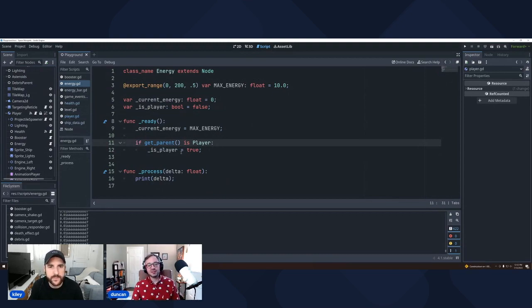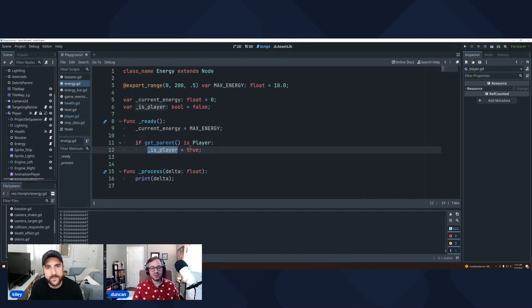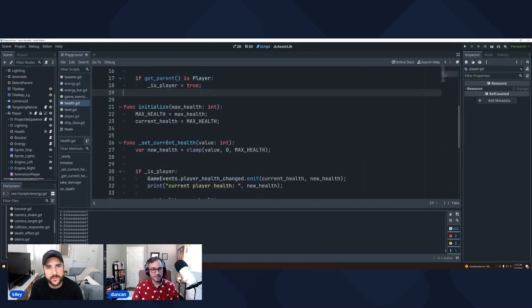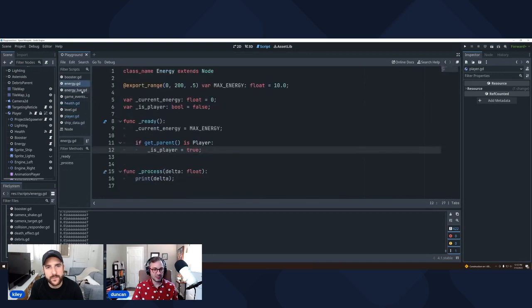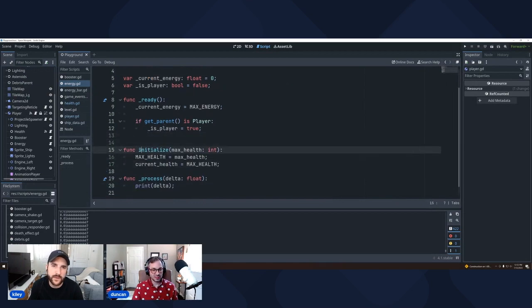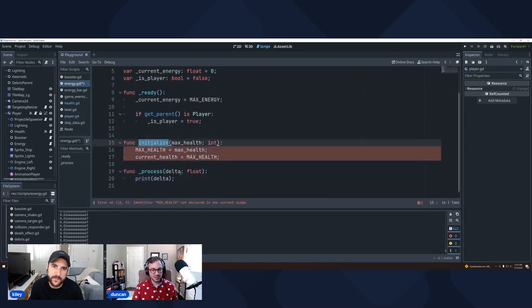But basically, if it's the player, you'll see what we're going to do is we'll actually update the bar anytime it changes. We're going to send a signal to do that. Cool. But if it's not, we're just going to basically say, okay, it's updated. We don't need to inform the UI. Okay, so that'll be important in a second. We'll kind of look back at health and say, so this initialize function here seems a bit redundant to ready, but what we're actually going to do is notice it's not underscored.